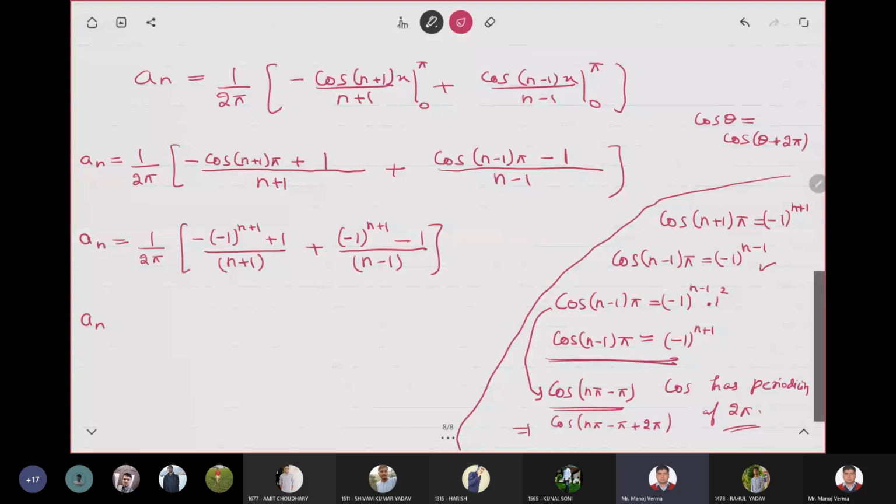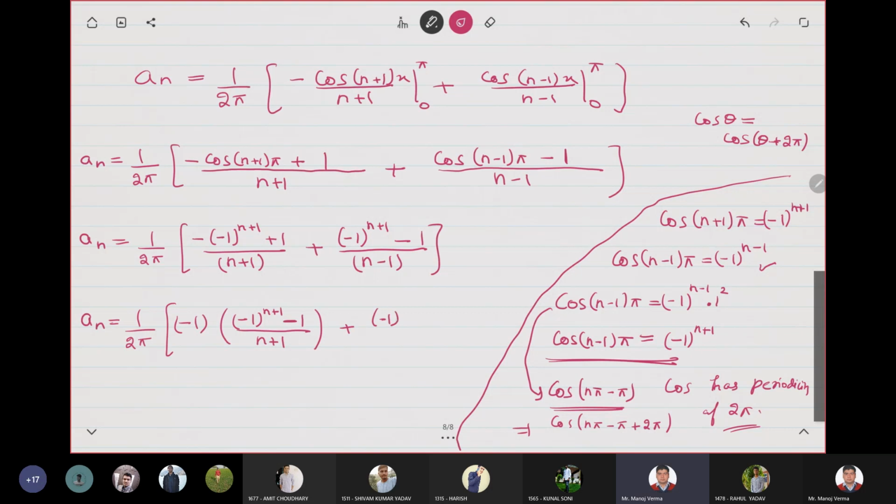This can be written as 1 over 2π. Okay, I can take the minus from the first term also, I am taking it from the first. So it will become minus 1 raised to the power n plus 1 minus 1 divided by n plus 1, plus minus 1 raised to the power n plus 1 minus 1 divided by n minus 1. Now from this expression I can take this (minus 1 raised to the power n plus 1 minus 1) common from both expressions, and it will become,